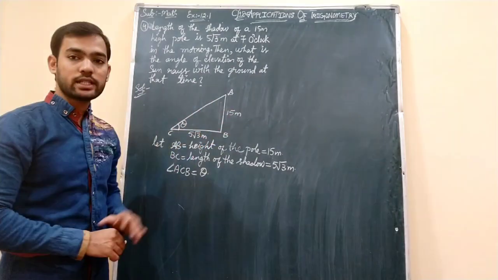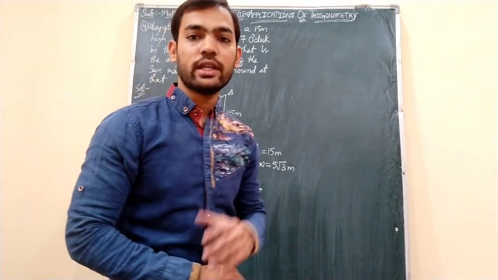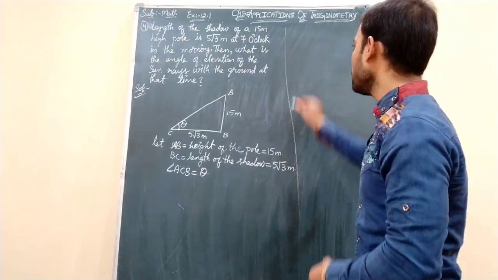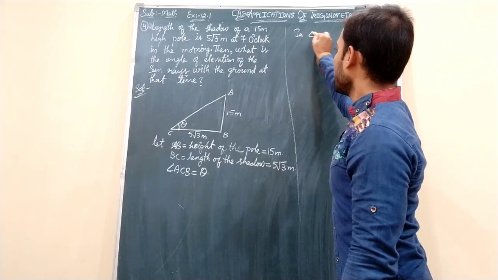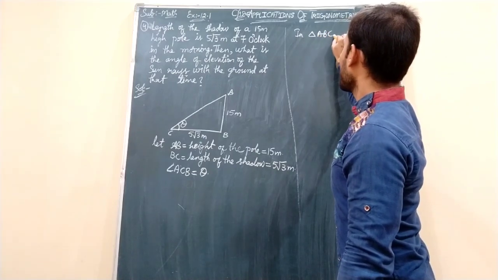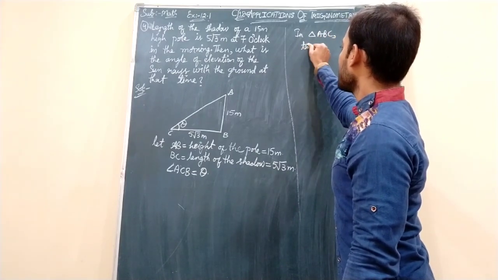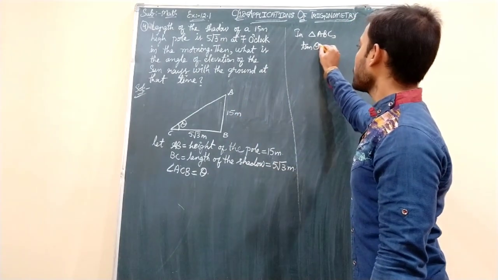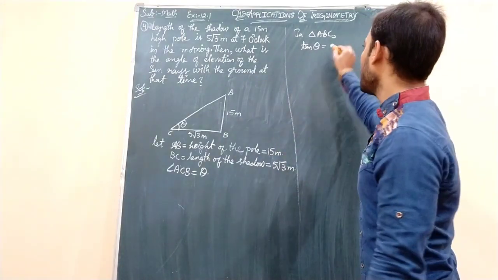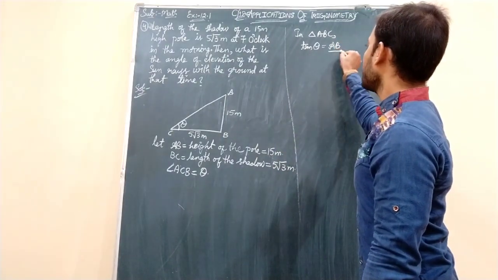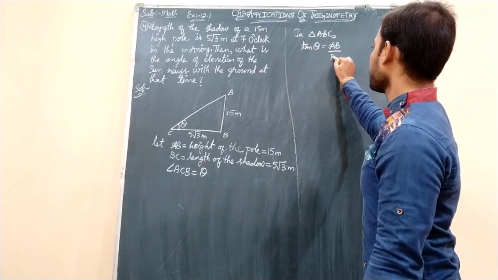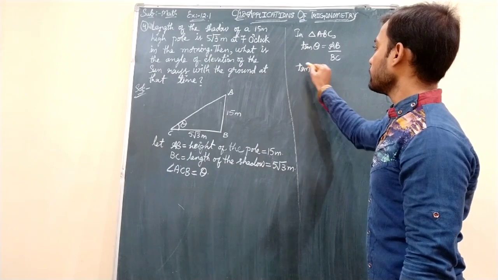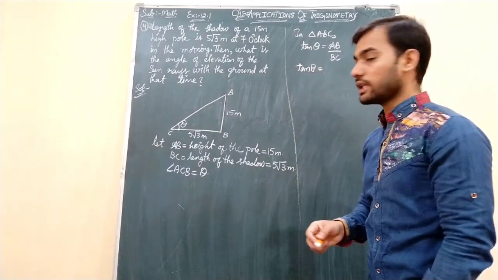So opposite and adjacent are related to which ratio? They are related to tan theta. So we will take tan theta for this particular triangle. In triangle ABC, I am taking tan theta. As the angle is not there here, theta only we need to take. So the tan theta formula is opposite by adjacent. Opposite side is AB and adjacent side is BC. Okay students, as here this tan theta continues till the end, till we get the value of theta.